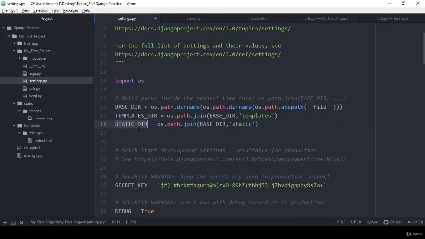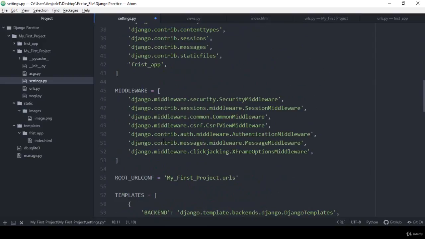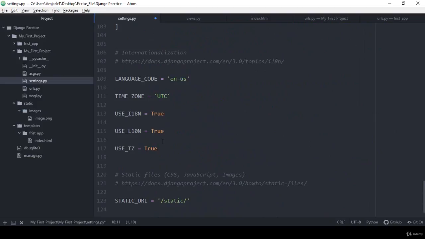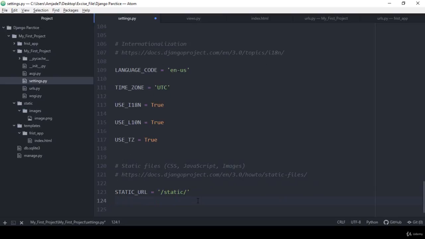After that we also have to define this static variable. In the settings there is also another variable, STATICFILES. Here you can see that all the static files have one default variable. That means here you can define all your static files, CSS, JavaScript, and the images, in that particular area. By default, one variable is STATIC_URL, and here you can see that by default it is created as static. So now I want to define another one. Here I define another one as STATICFILES